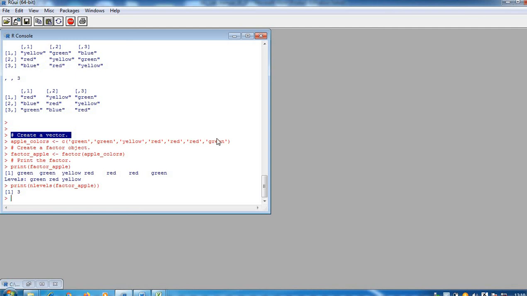You can observe here the colors are repeating randomly. So where are these factors useful? Suppose you are collecting data of different people in a town and you want to note down their blood groups. Blood groups are limited in number: A, B, AB, O, like this. You cannot extend these blood groups.